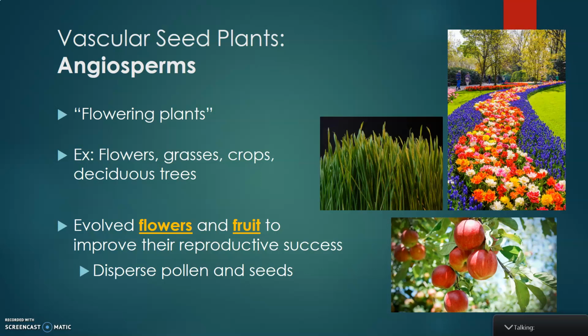They're so successful and able to diversify so much and take over so much of the land because they evolved two different things: flowers and fruit. And those helped improve their reproductive success by giving the angiosperms a way to disperse their pollen and seeds more effectively. And so flowers have bright colors, and they can attract animals and other pollinators to them. And then the fruit is that kind of sweet, nutritious metabolite that also will attract animals. The seeds within, once those fruits have been eaten, can be spread by the animals as